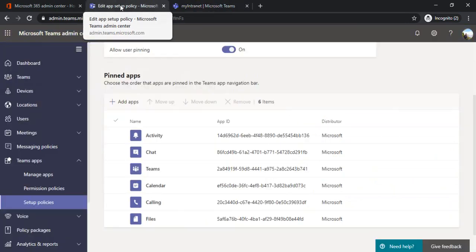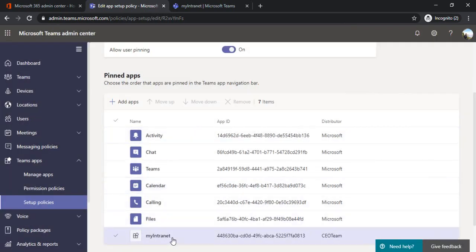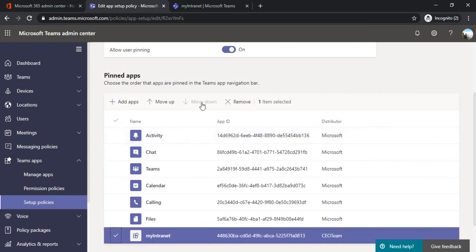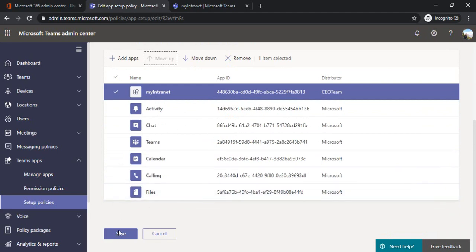So for the entire company, I would just go to my Teams administration and add my intranet app, which we just created. Okay, I'll just add it. And I can set up the order for this. I would like to have my intranet available at the top so that a person by default should see my intranet first. And after doing this setup, I can just save it.